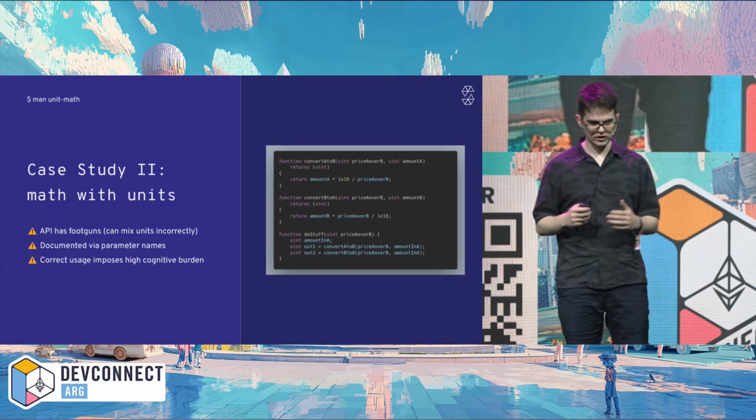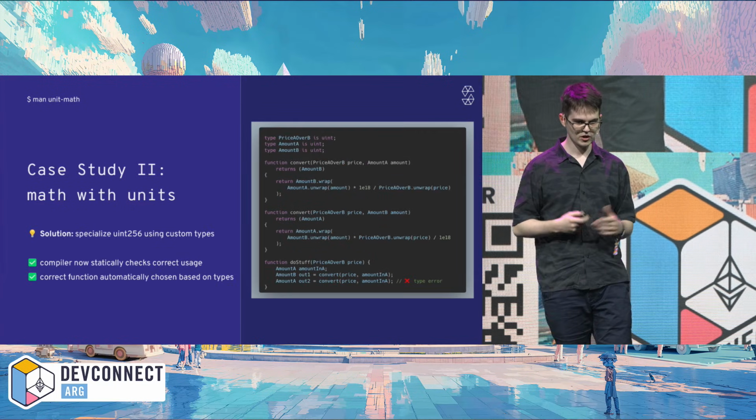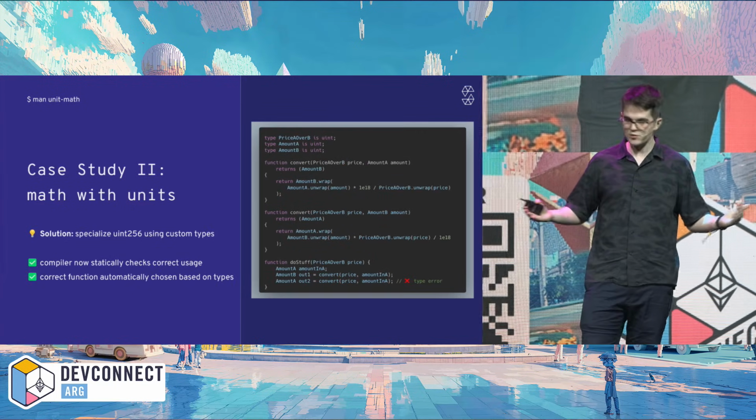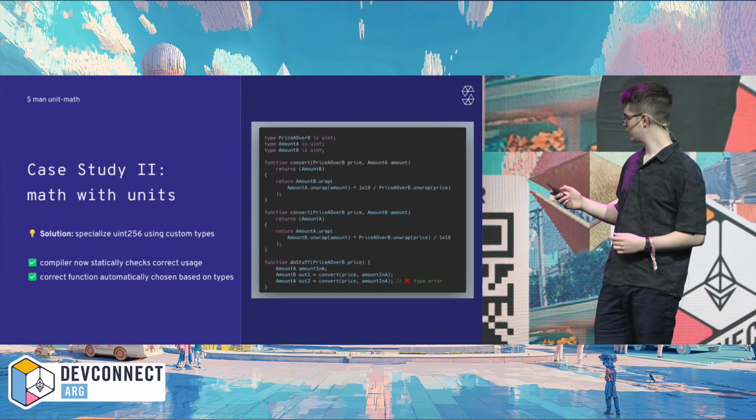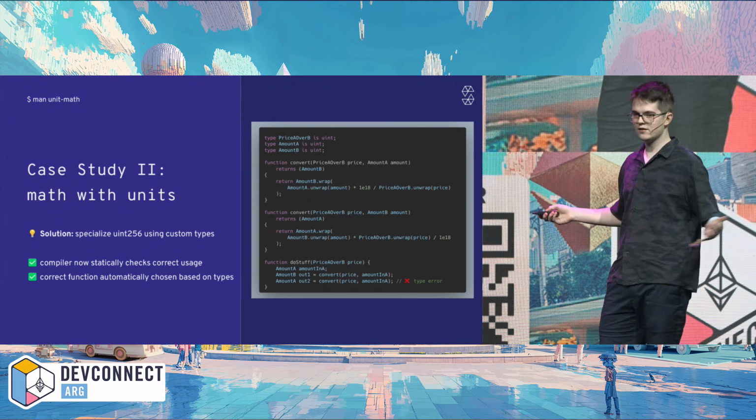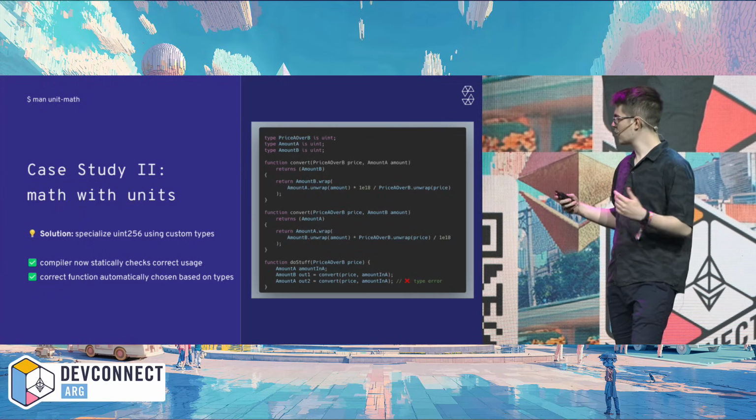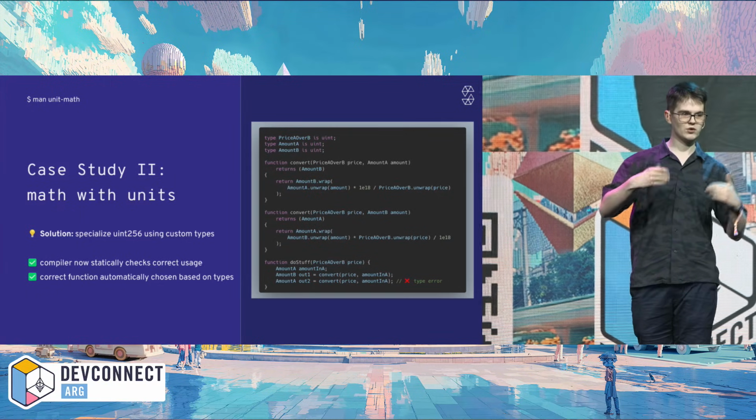And it's also kind of poorly documented just with the parameter names. So again, the solution is just to implement a custom type. Very simple. You just define a type, and now they're incompatible. If you try to use it incorrectly, like down here, it'll give you a type error at compile time,